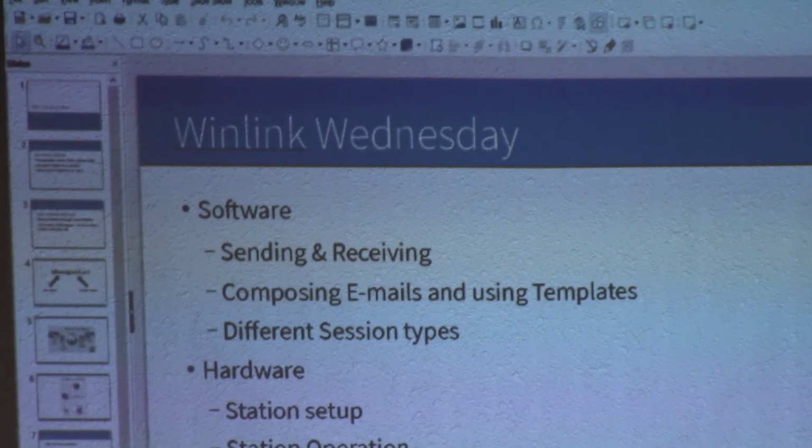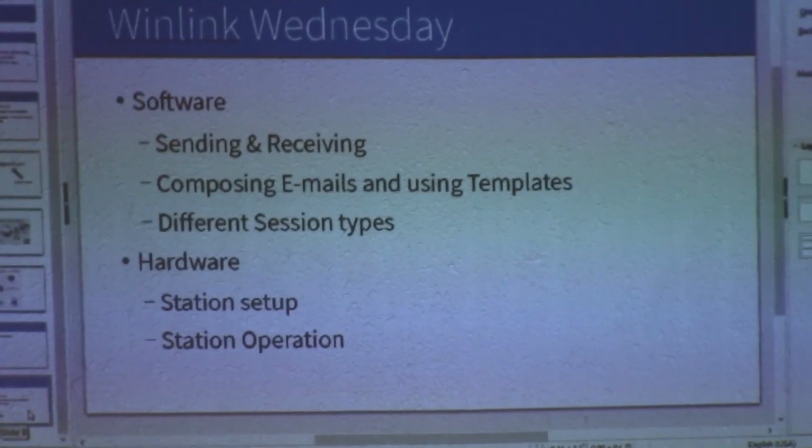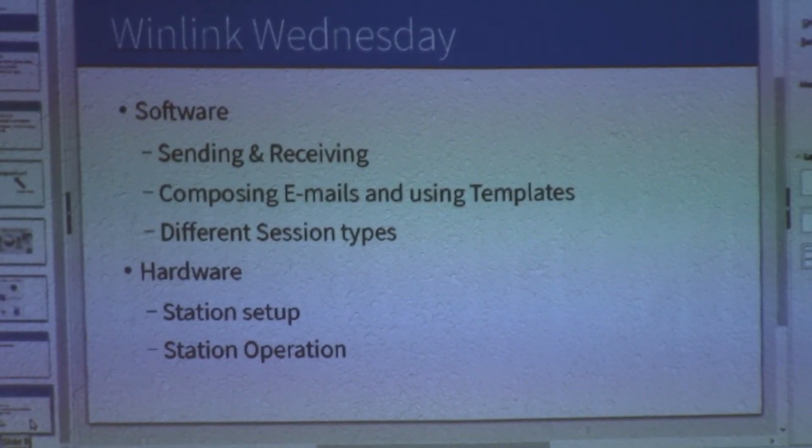Okay, now what I would like to talk about is Winlink Wednesday. I'll give you a little history on Winlink Wednesday, how it came to be. A few years ago,